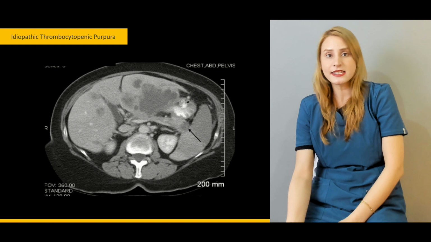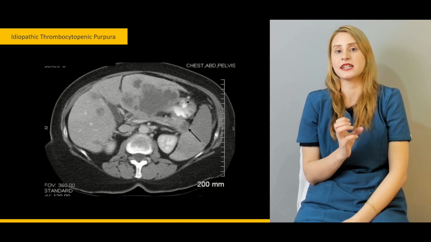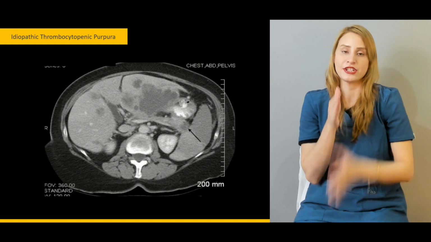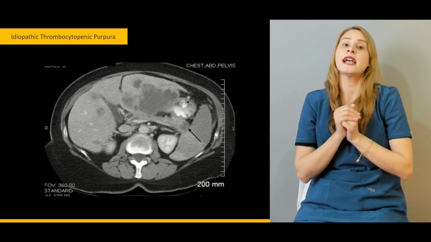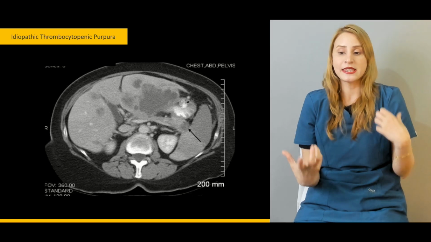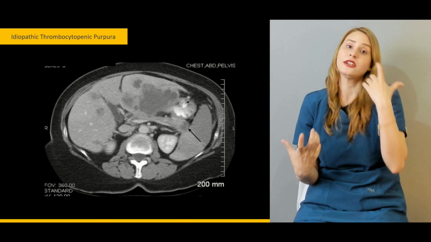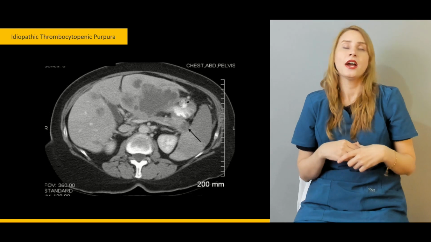If we talk about the age group for adult idiopathic thrombocytopenic purpura, it ranges between 15 to 50 years, and is most common in females. In children, the age would be around 5 years. And the patient will present with symptoms of petechial hemorrhages, purpura, or bruising